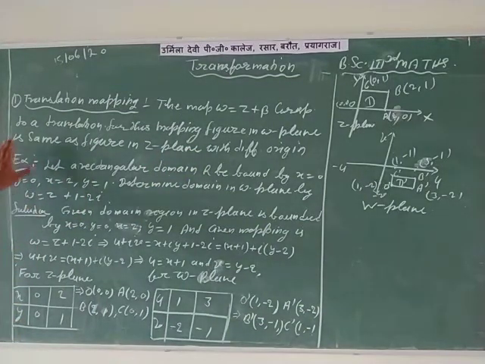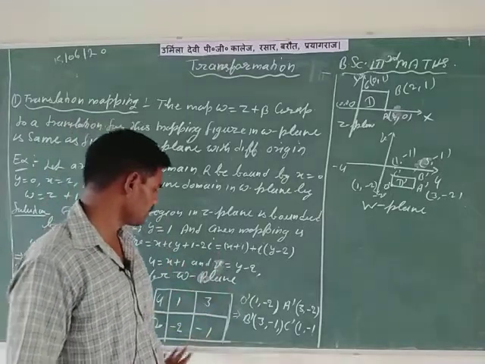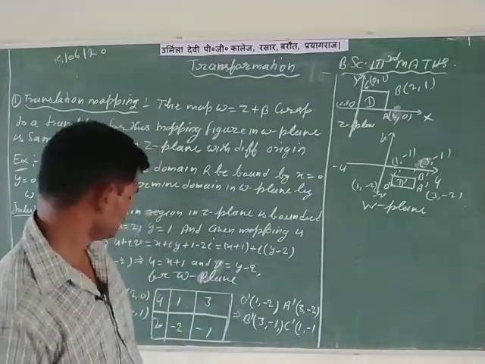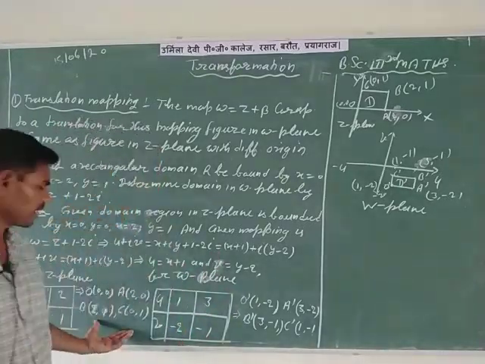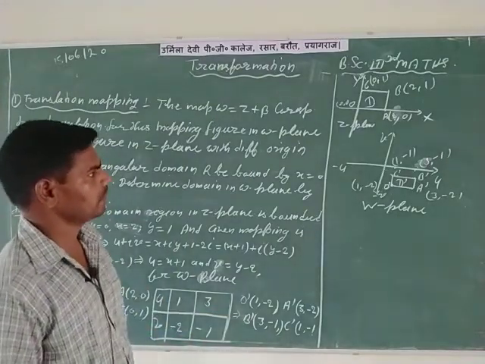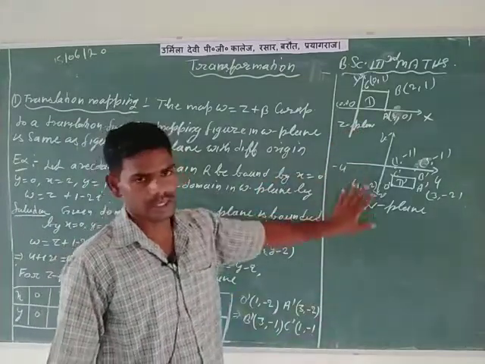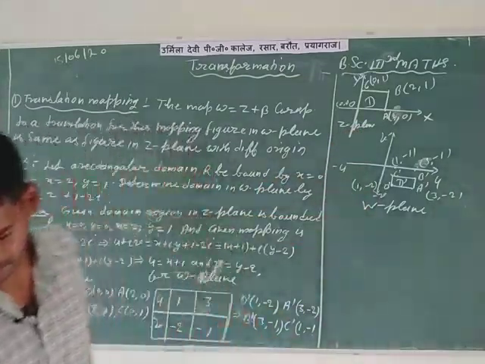In this question, a transformation and a bounded area in the Z plane are given. After simplification and drawing a table, we considered 4 points on the Z plane and the corresponding 4 points on the W plane. Draw the figure in the Z plane and W plane, so this is the clear solution of this question.